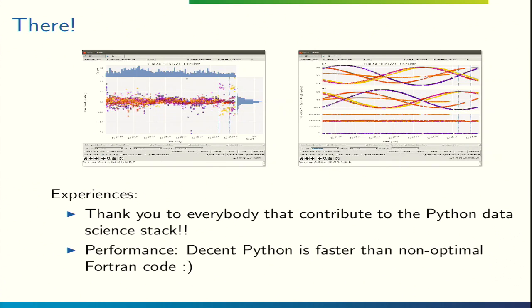Performance-wise, as I mentioned, we had some of this software already in Fortran. Our current Python stuff is about 10 times faster than that Fortran code. And essentially the experience, I guess, is that writing decent Python is faster than writing non-optimal Fortran code. And our code base is also at least 10 times smaller, so it's much easier to actually keep track of what's happening. That said, there are other software doing similar stuff in Fortran that are 10 times faster than us again, so there's still